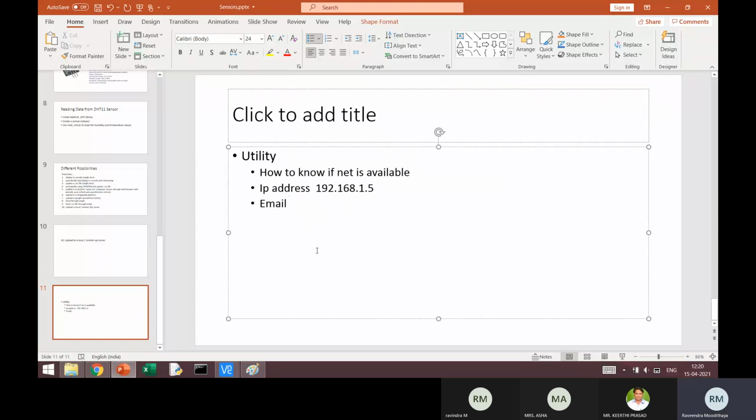And mainly, as I said in the beginning, I will go through the various aspects of the data. In the sense of capturing the data, triggering the capture, that's what I mean. Capturing the data. Who is the consumer of data, that is, to whom the data is to be sent, and how to use the data, in what all ways the data can be utilized. So these are the three aspects that we need to understand in IoT.